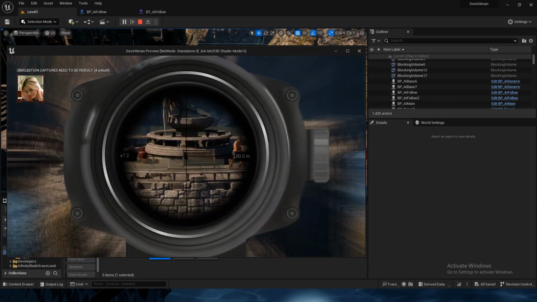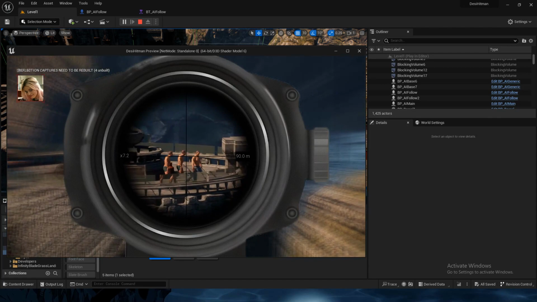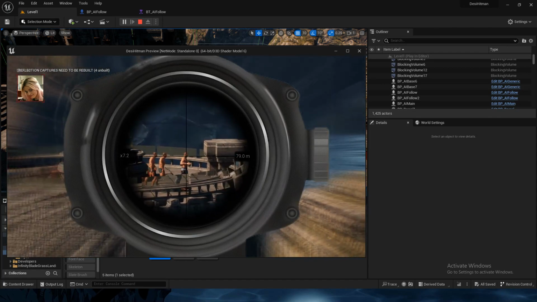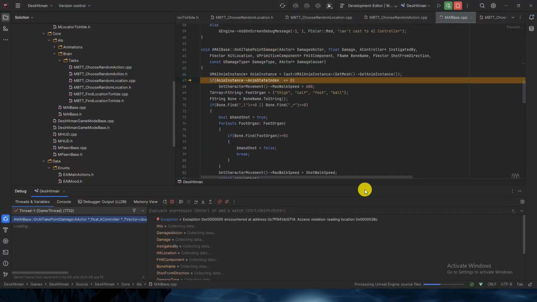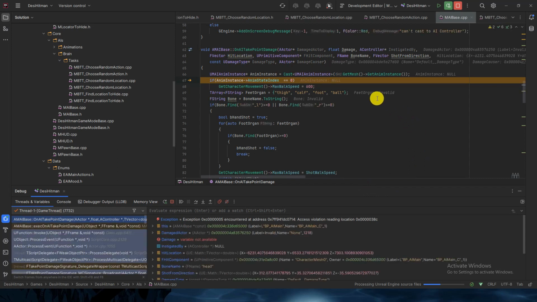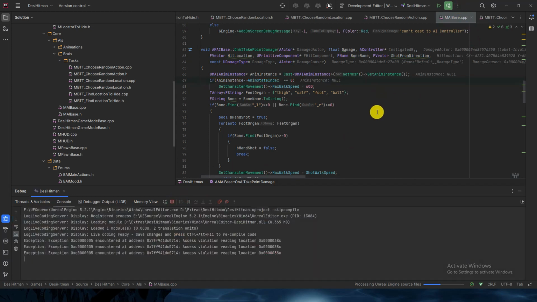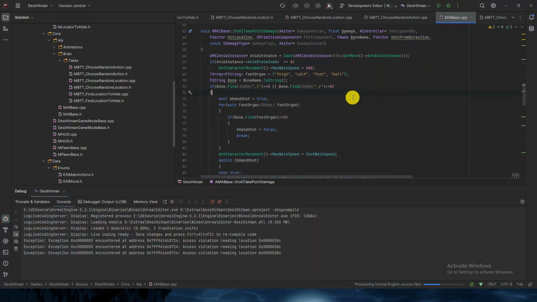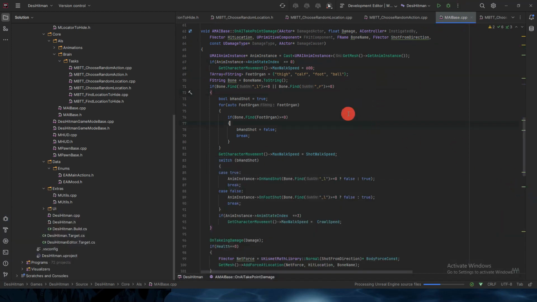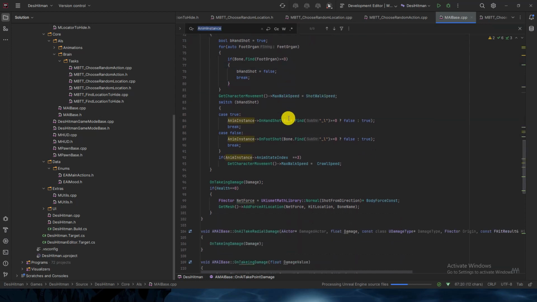Yes, so my master is here. If I shoot one, okay, I will put one condition. I think enemy instance is null. Okay, I think I got the reason. I will check if it is valid, then I will go forth. Enemy instance, if this is true, then